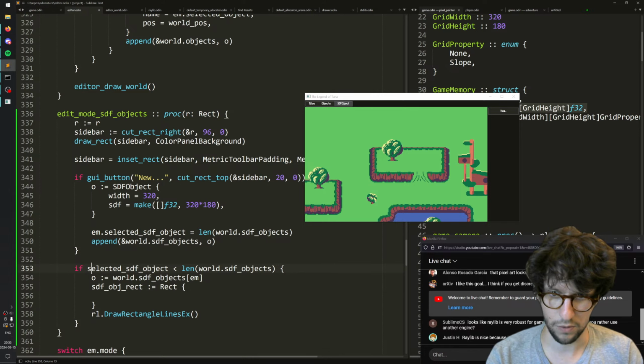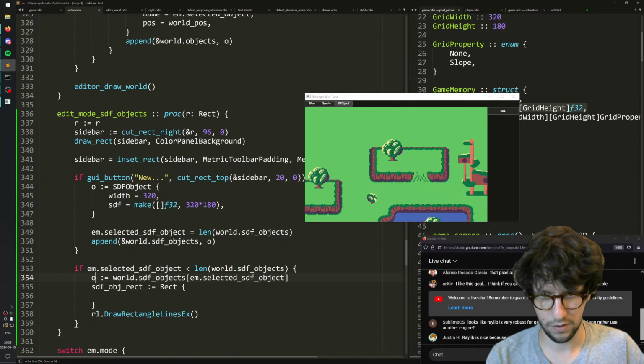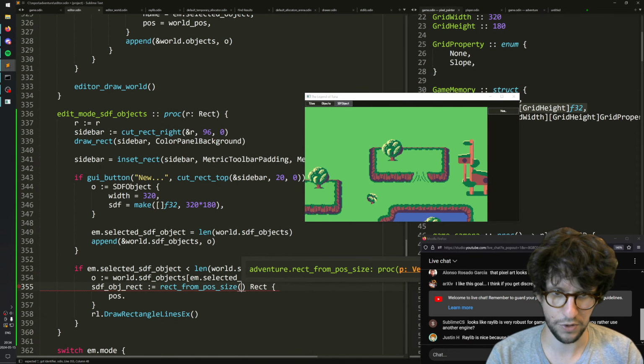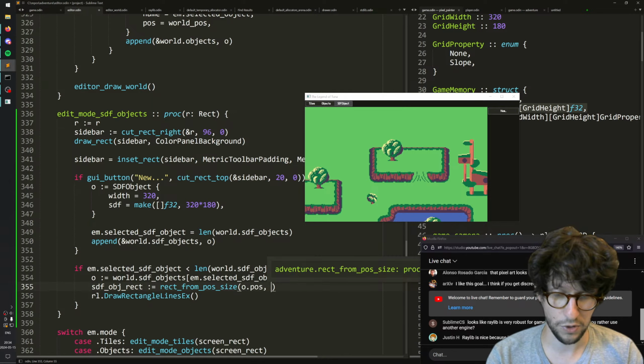Yeah, this is not going to work, of course. It needs to be em dot selected SDF object. Don't I have a rect from pos size? Yeah, like this procedure. So then I can say o.pos, and the size is